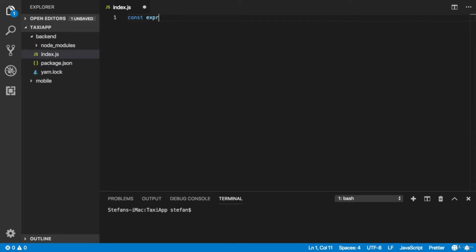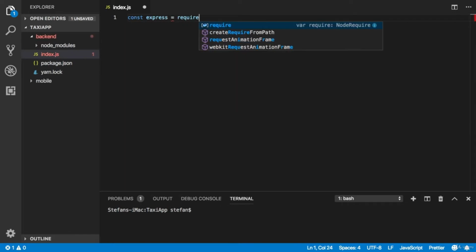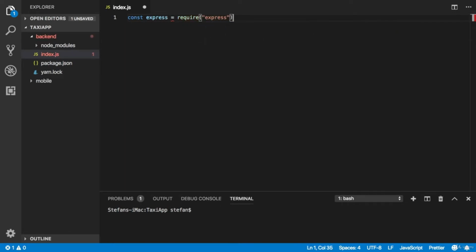Now we're going to say const express require express. This is the express package for building usually APIs and stuff. Then we're going to have const app, which is just express. You call here, then server,